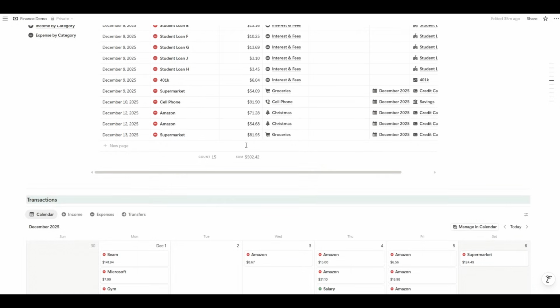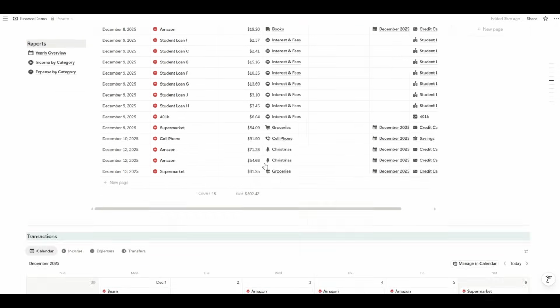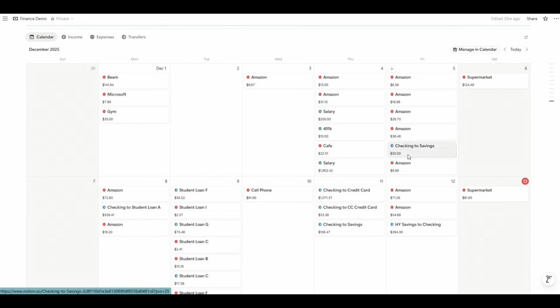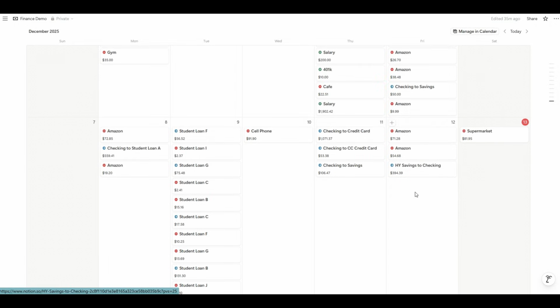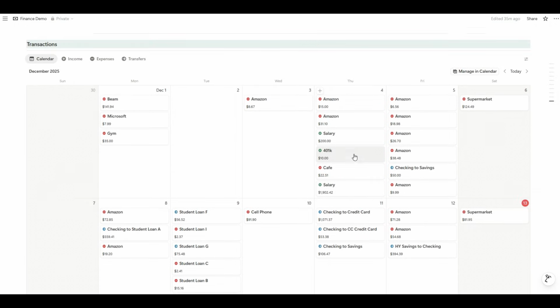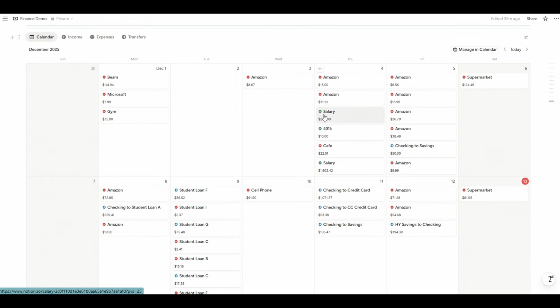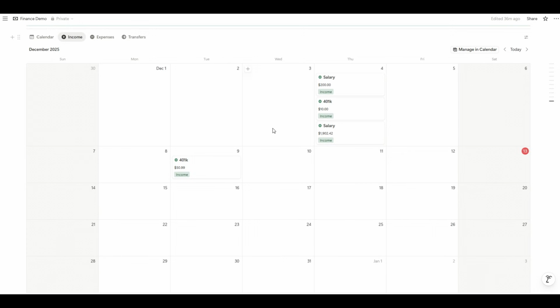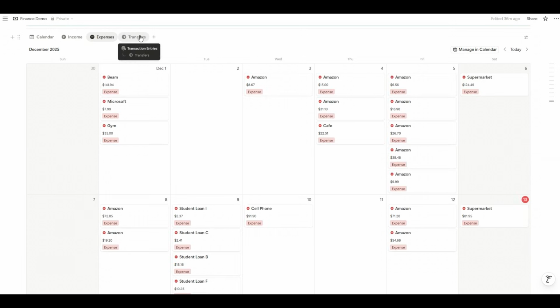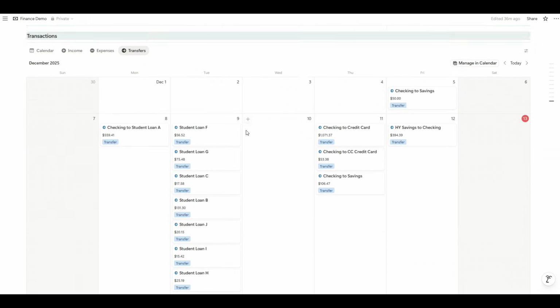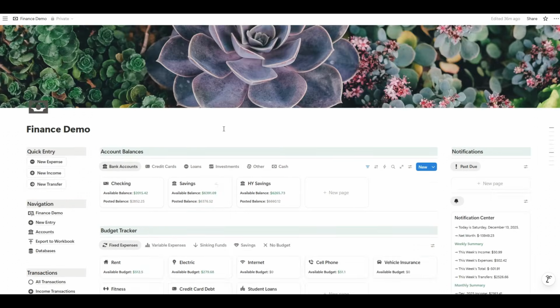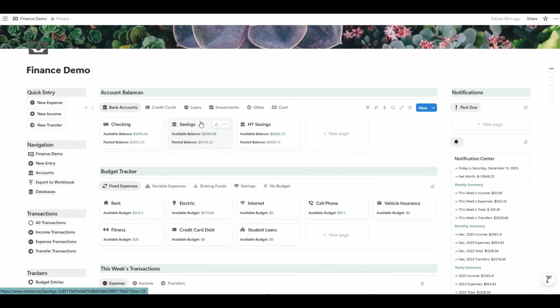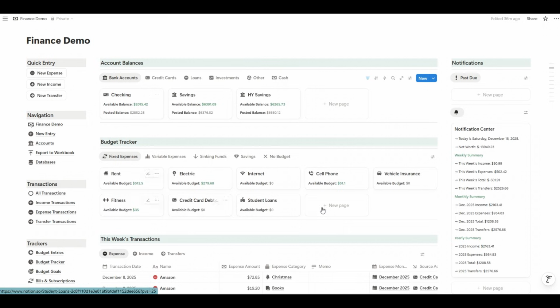And then I have the weekly, and then I can also see on a calendar view all of the transactions. So I have 4 different views. I can see everything: income, expenses, transfers, all of it together, or I can break it out by just income, just expenses, just transfers. But on a daily basis, I generally just look at this top section here, and then I will go to